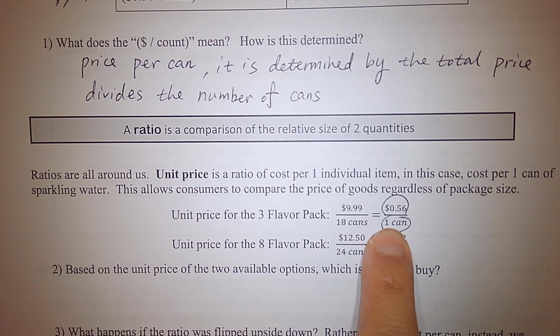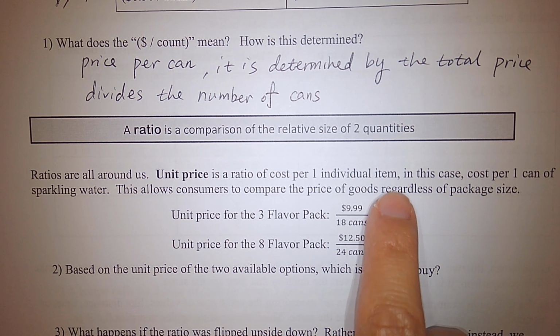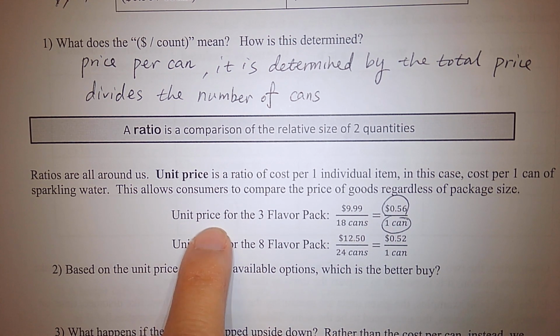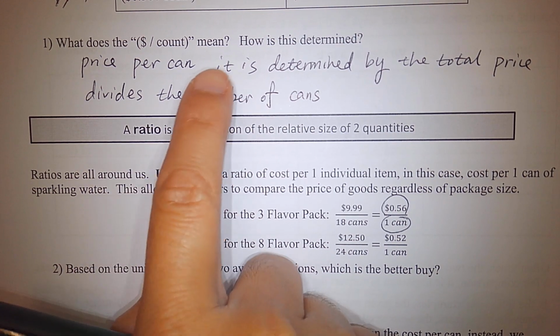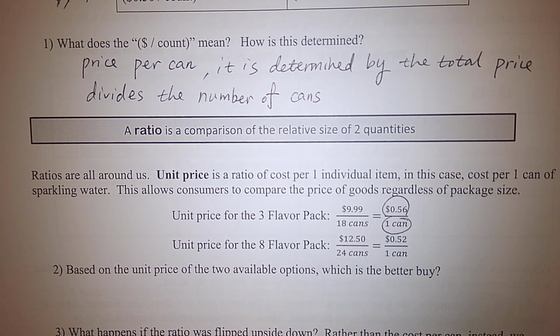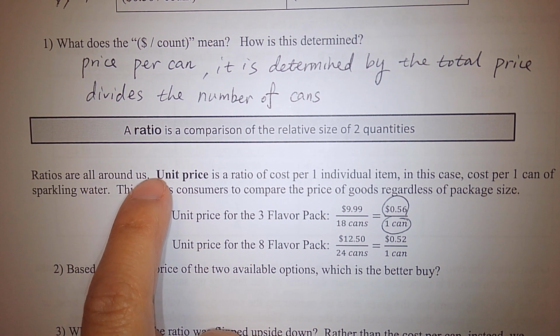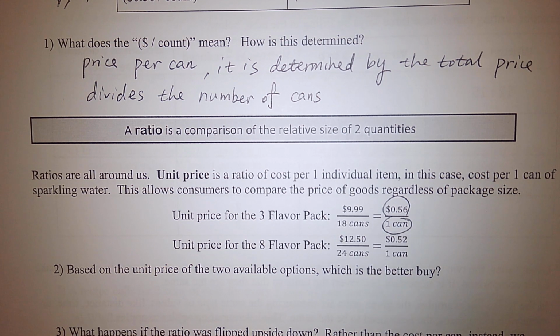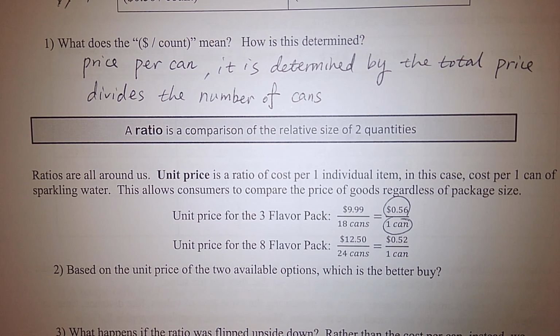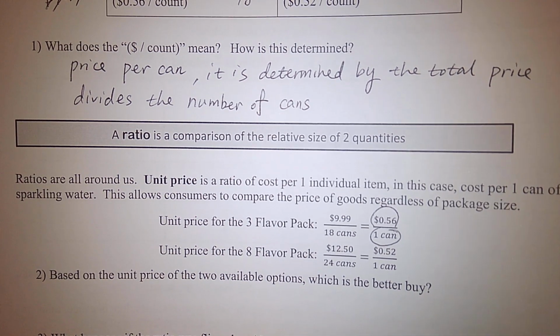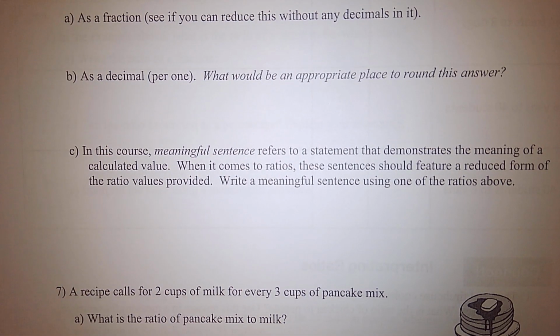What's the second quantity? The number of counts, right? So this is the ratio. And this ratio we also call a unit price. Why? Because it is computed by the total price divided by the total number of counts, right? So this is the definition of the ratio and the definition of unit price, and you know how to do that. Was that good for the first question and also the definition? Okay, so for questions 2, 3, and 4, I want you to do them in groups and check with the key later, okay? Now let's turn to page